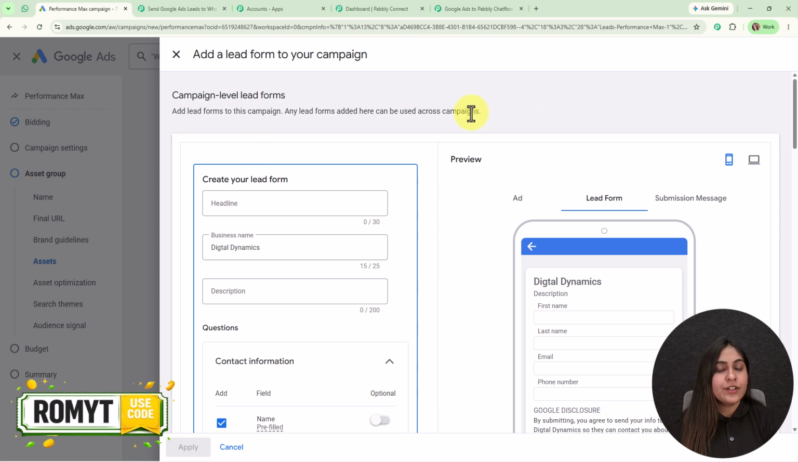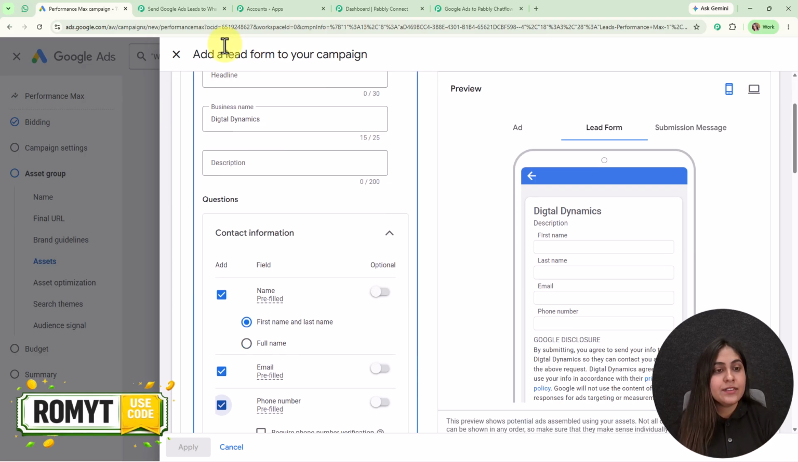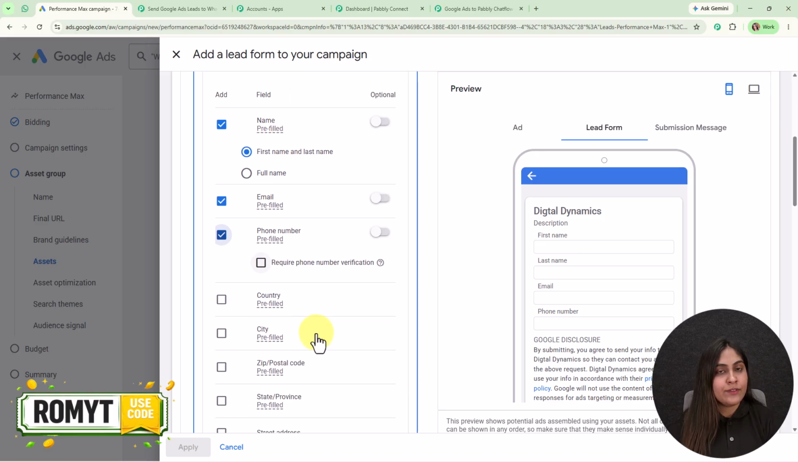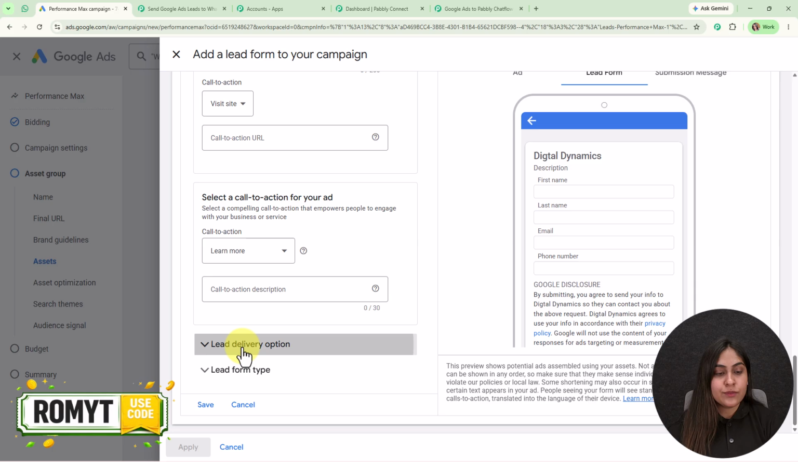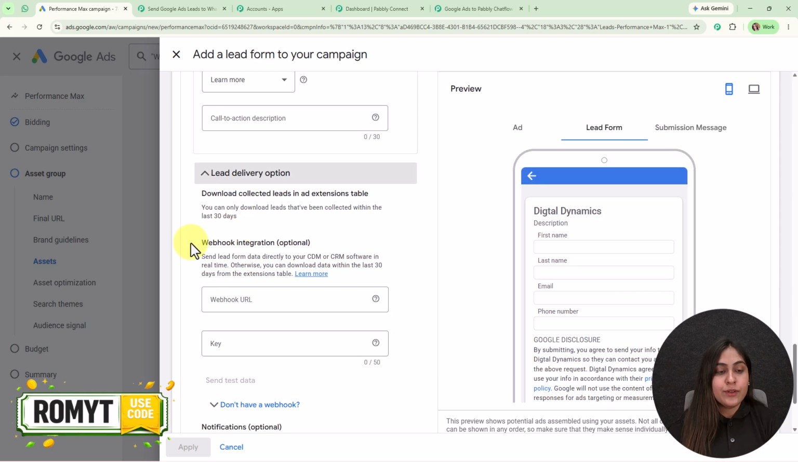So here I've drafted a test campaign inside which I've created a test lead form, and for now I'm going to set up this webhook inside the test lead form that I've created. I've entered a business name, then I've selected some required fields over here, and here you can have a preview of your form on the right side. We're going to scroll a little down, and here you can see you have the option for lead delivery. From here you can select webhook integration, and here for the webhook URL,